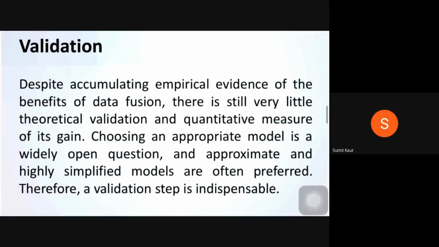And despite accumulating empirical evidence of the benefits of data fusion, there is still very little theoretical validation and quantitative measure of its gain. So, choosing an appropriate model here is very important. It's a widely open question, and approximate and highly simplified models are often preferred, and therefore a validation step